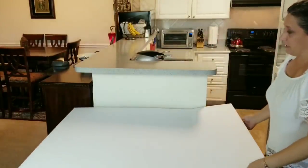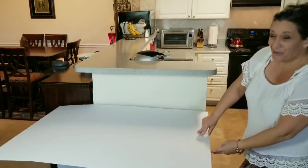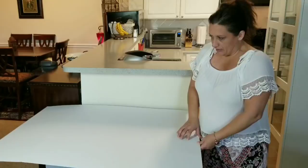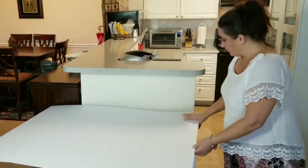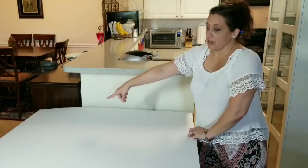I kind of just put it on there and eyeballed it for what I thought looked like a good amount of overhang. I don't want it to stick out so far that people are bumping into it and catching on it, or that it becomes a weapon in the house. I thought about a 1/2 inch overhang looked good, or 3/4 of an inch. So the way I did it was I just lined it up on one side and then went to the other side and measured it out with a ruler,